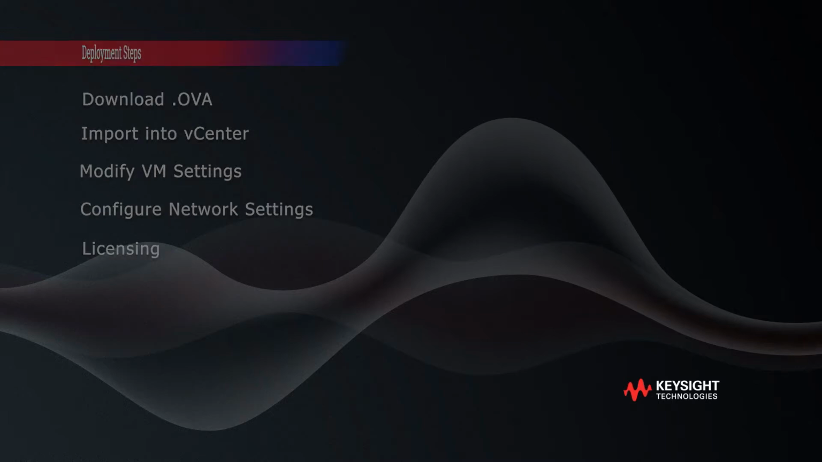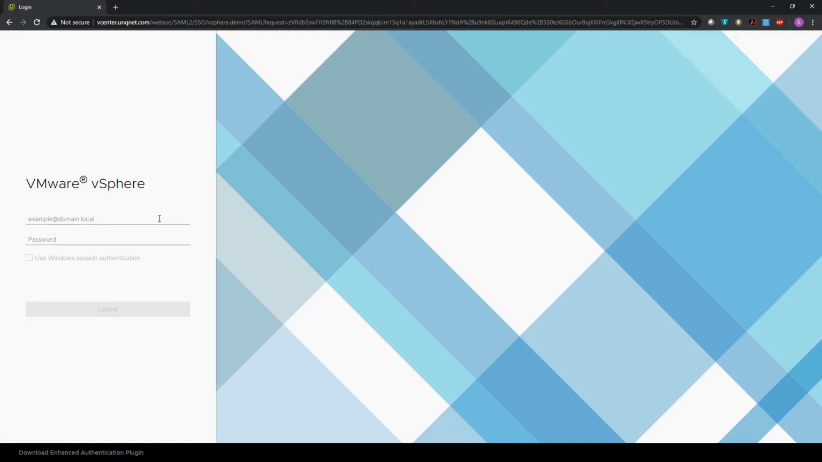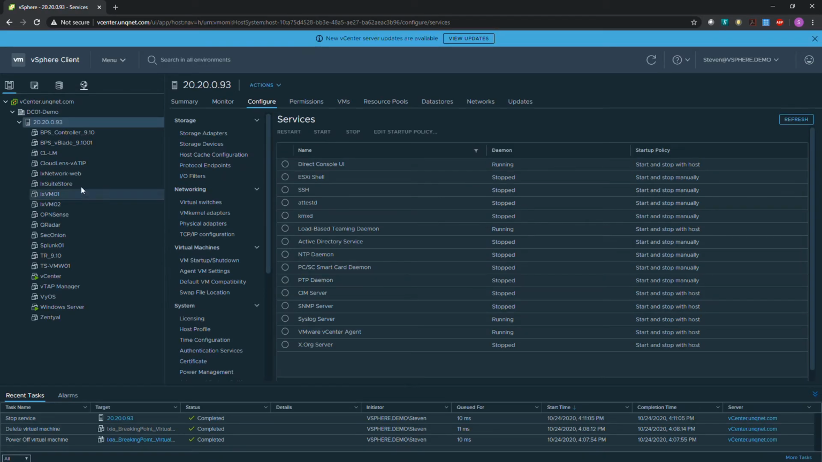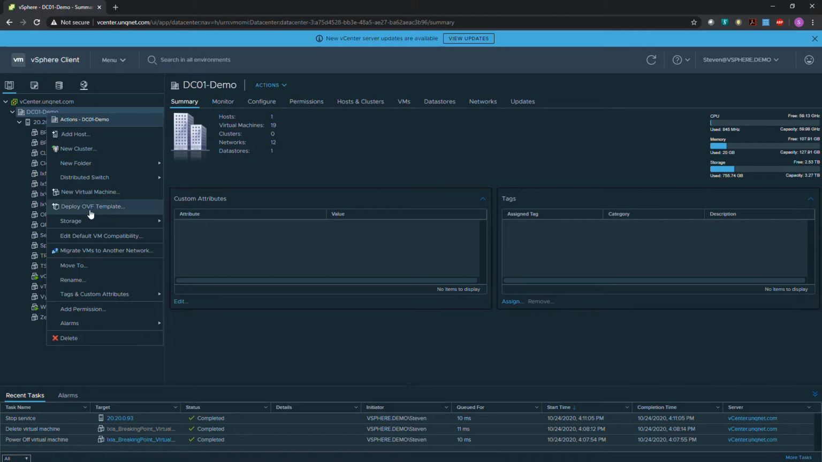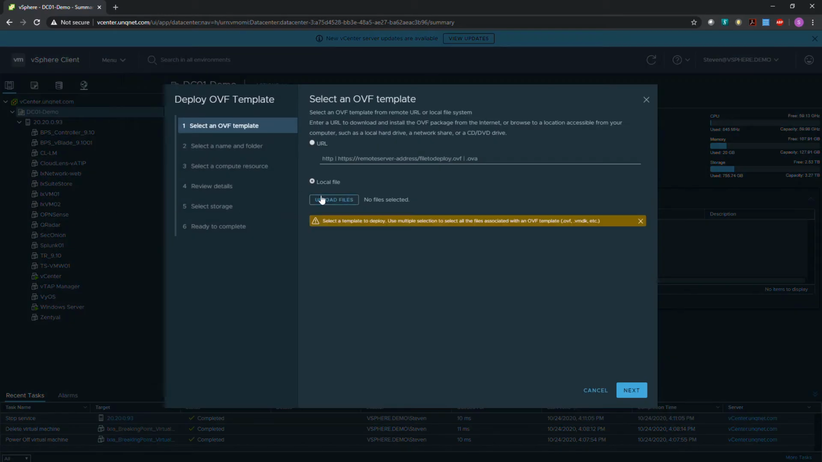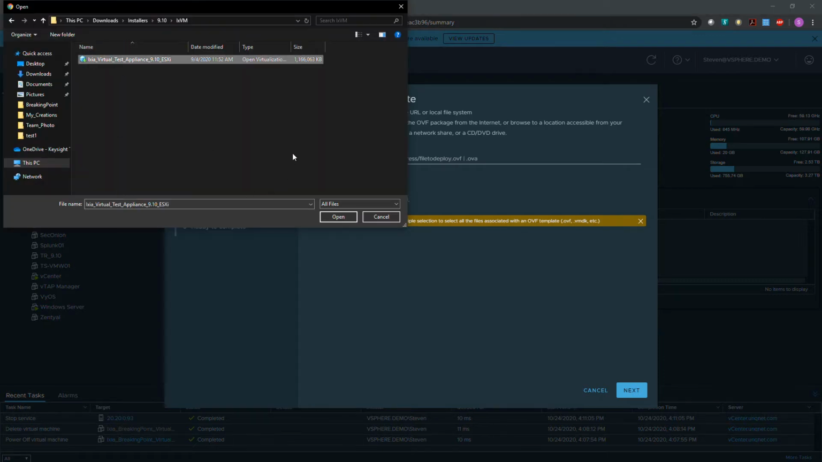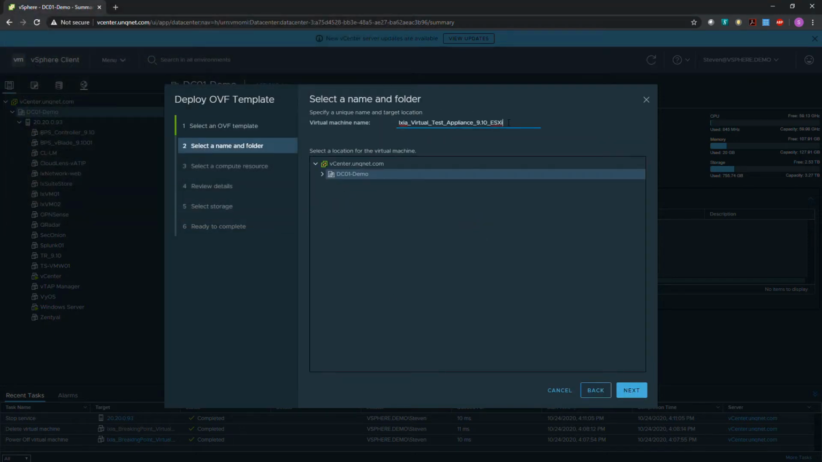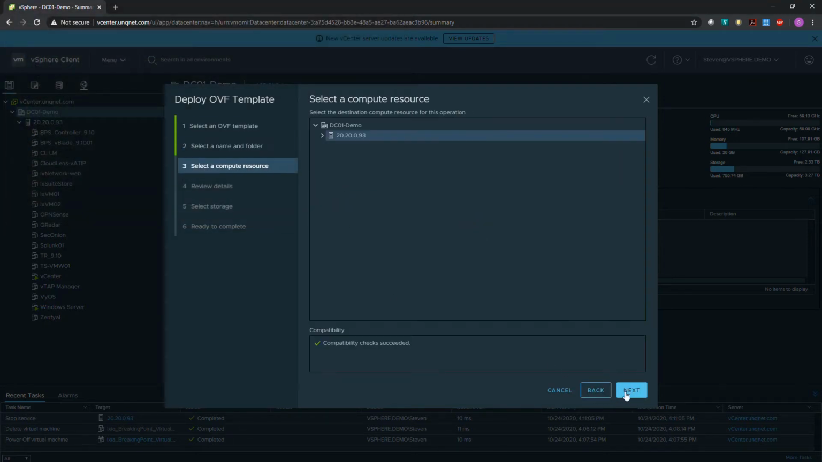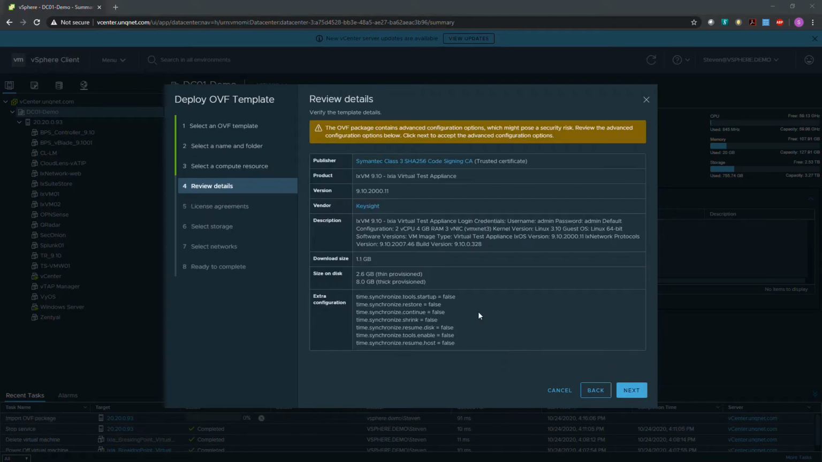So what we're going to do now is bring up vCenter, log in, choose the data center you want to use, right-click, deploy OVF template, choose your location of your OVA. Now this is just going to be one single file, so it's going to make it very easy. Click Next, give it a name, verify the location, verify what host it's going to be on, some of the higher level details,